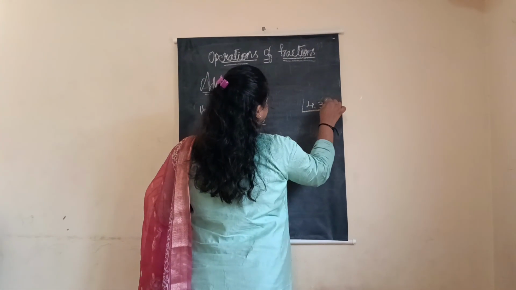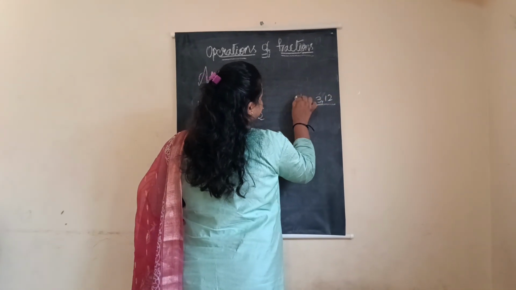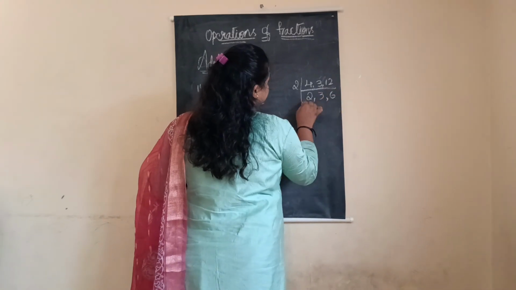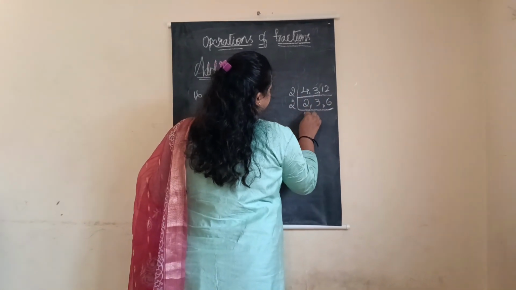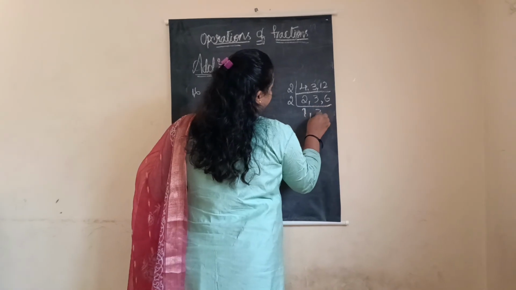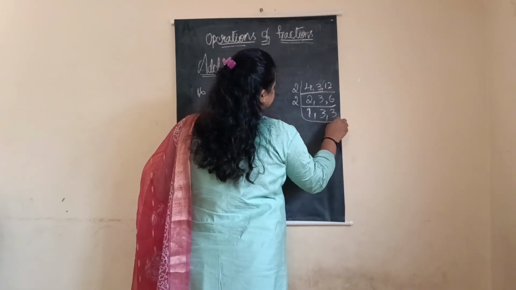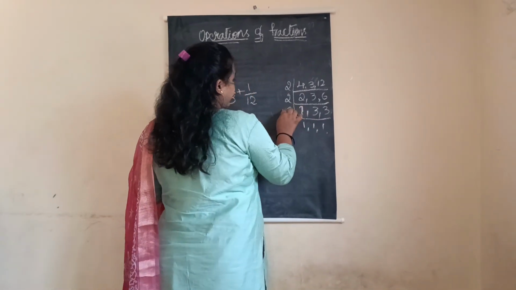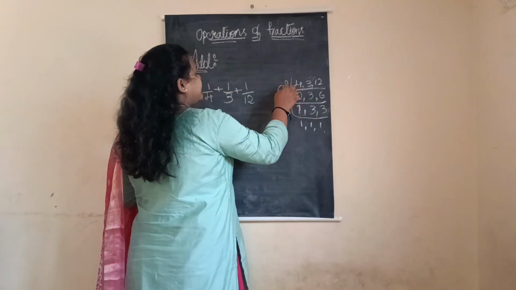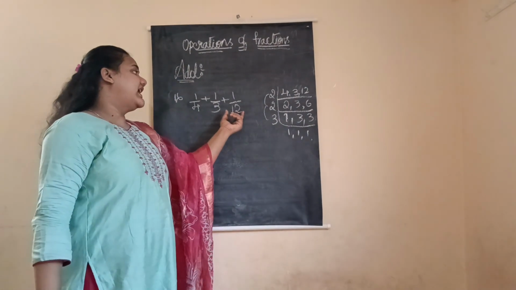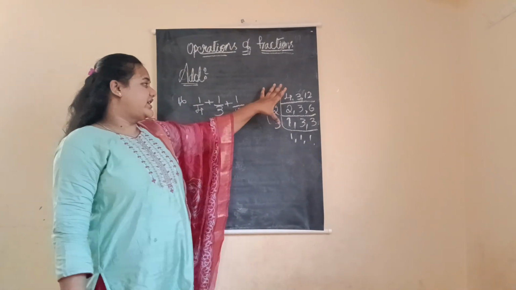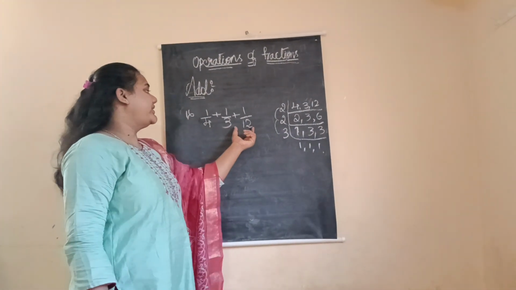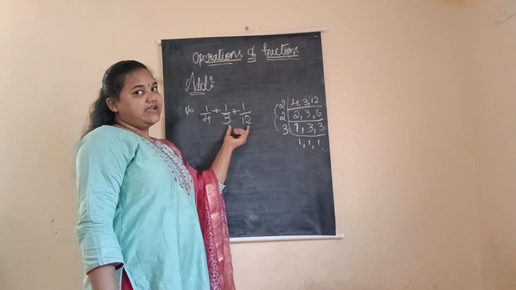4, 3, 12. So first we have to take the prime number 2. 2 2s are 4, 3 common, 2 6s are 12. So again 2, 2 1s are 2, 3 common, 2 3s are 6. Next by 3. 3 3s are 3, 3 1s are 1. So if we multiply 2 3s are 6, 6 2s are 12. So the answer is 12. Why do we do this long method? Because it's a shortcut: the highest denominator will be the LCM.